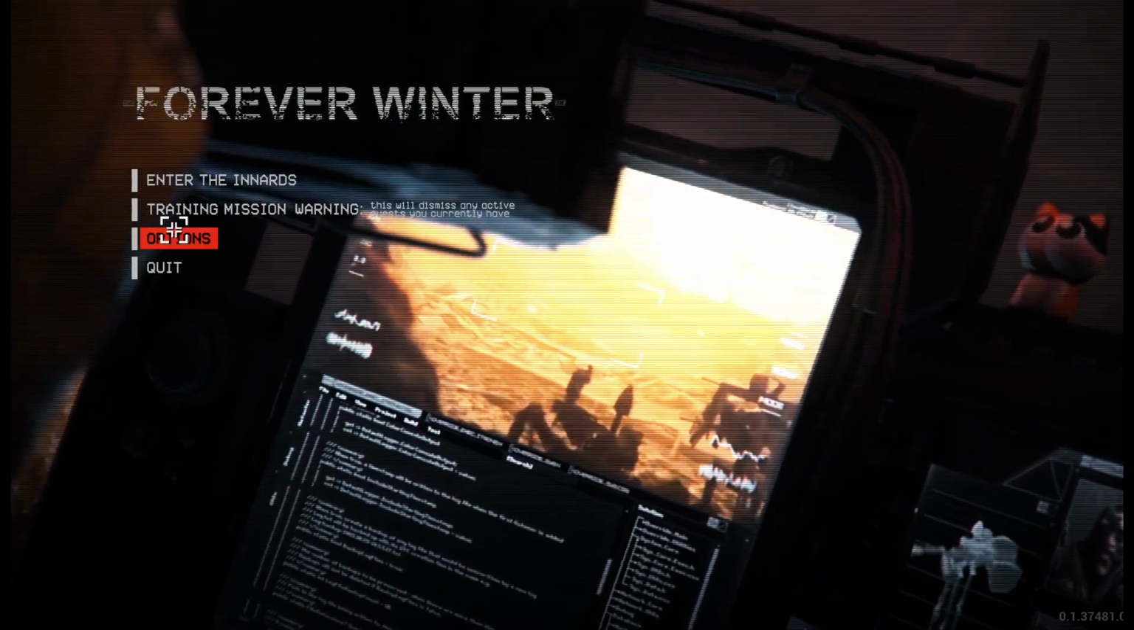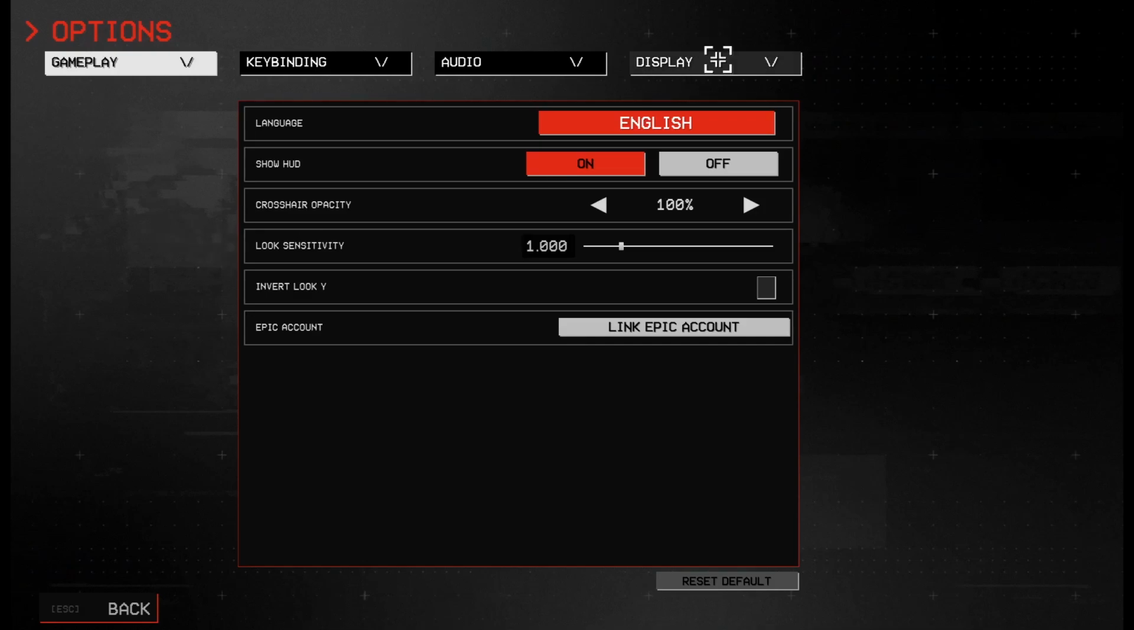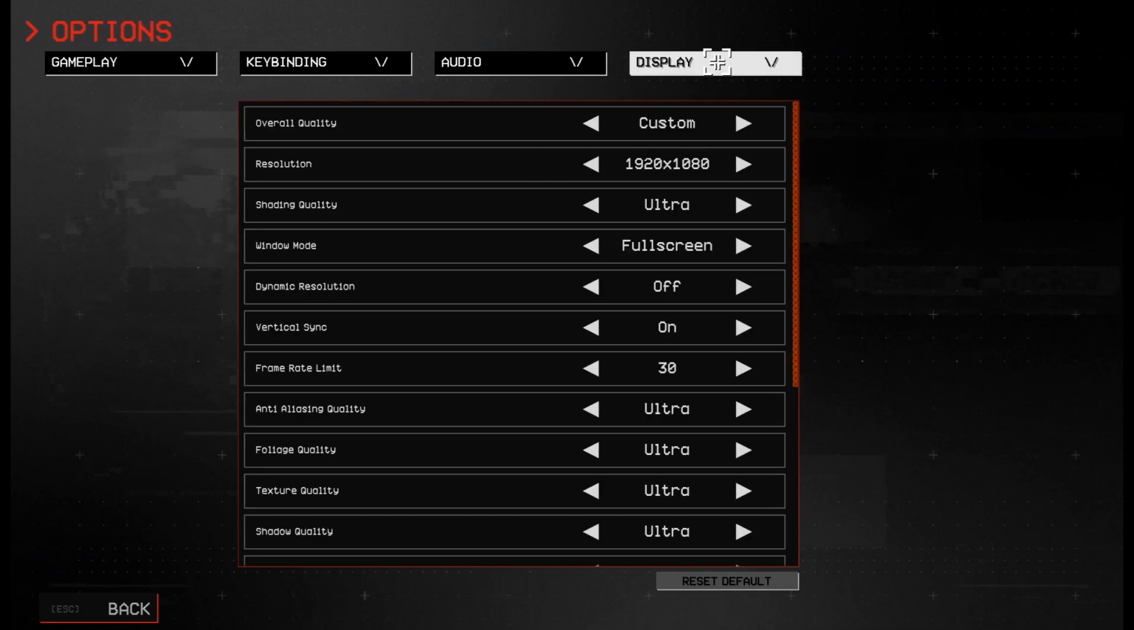To do that, you should open Options, then find Display on the upper part of your screen, and here find Frame Rate Limit, and you can change it up to unlimited. And when you enable unlimited frame rate limit, you will be limited only by the performance of your computer. So for example, I want to use max